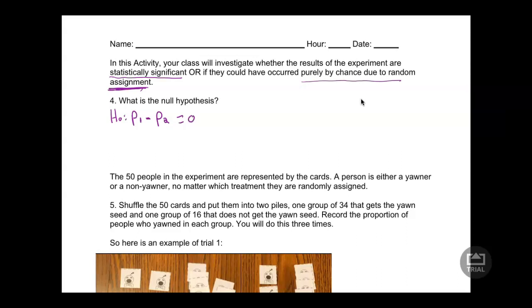Okay, so we understand that to mean that yawning is not contagious. Now again, the alternative is what we want to test against the null, and they made the statement wanting to say that yawning is contagious. If yawning is contagious, when we subtract these two, we should get a positive number, so we would actually make this become greater than 0. So if we go through and test this and we find that our number is greater than 0 and it's not statistically significant, then we can go ahead